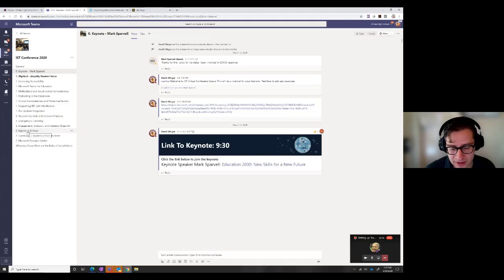And this is the team I made. I called up all the presenters. I had a number of people off campus that would present, some who weren't even familiar with Teams. I had some folks from Microsoft. Mark Sparvel was our keynote. As Mike said, he was here. We had Ann Kozma from Flipgrid. And I also had Dr. Ari Greenlee from Seattle University doing his presentations. And so we had to bring everybody into this space. And Microsoft Teams makes it pretty easy. I just made a team, and in this managed team, I just added all the members. Now, that probably took the most time, because you have to add everybody individually that's outside of the organization.